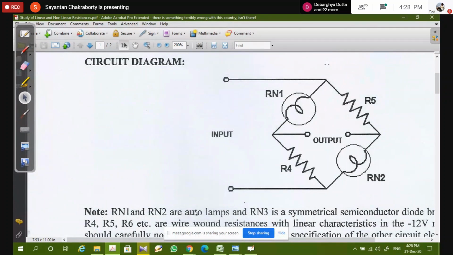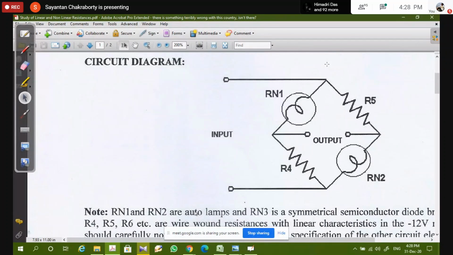So see, it is a very simple experiment where we study the VI characteristics of nonlinear resistance, and we apply the basic knowledge of these VI characteristics to obtain the VI characteristics of the combination of nonlinear resistances among themselves and with some linear resistances. Combination means series connection, parallel connection. So we can obtain the experimental values of series-parallel combinations of linear and nonlinear resistances. Then we can validate the data using graphical techniques. So this is the first study.